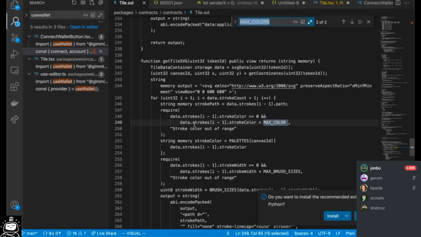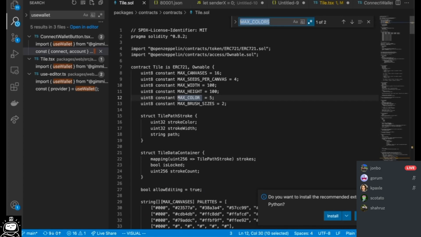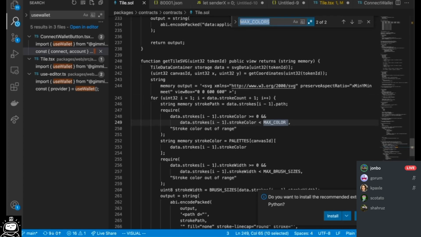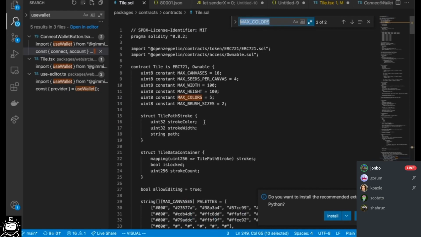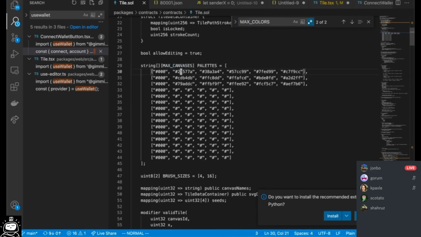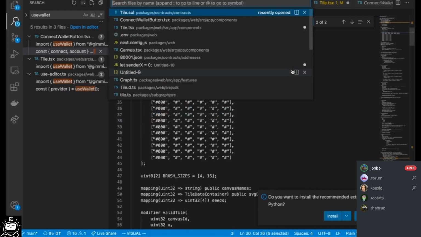Require data strokes. So we haven't had it out of range yet, but yeah, there could be some wonkiness. At any rate, let me try to map up the current editor to